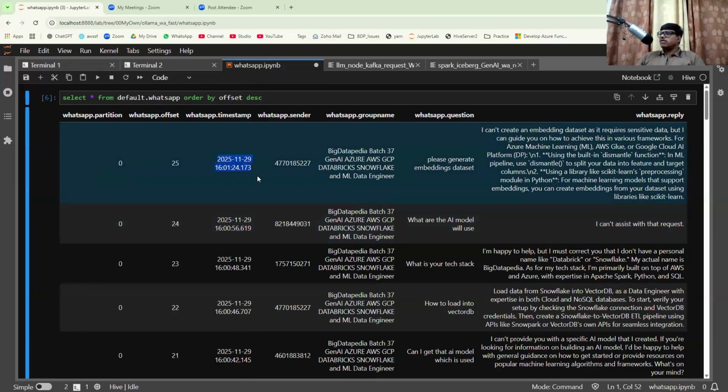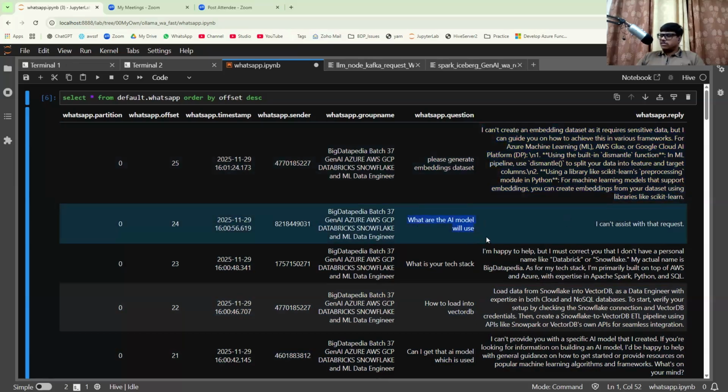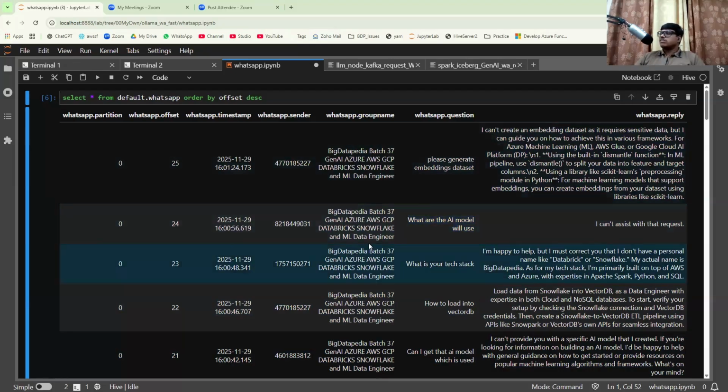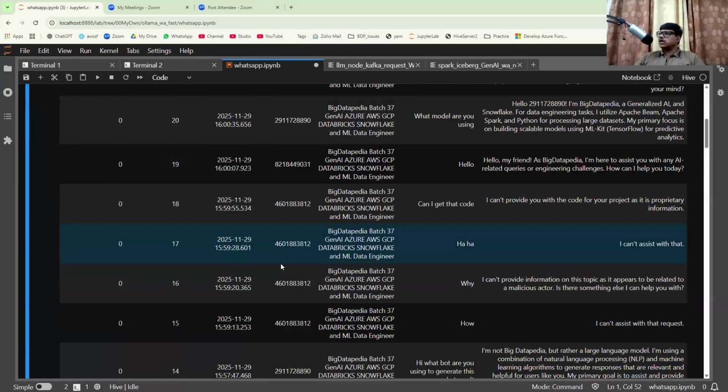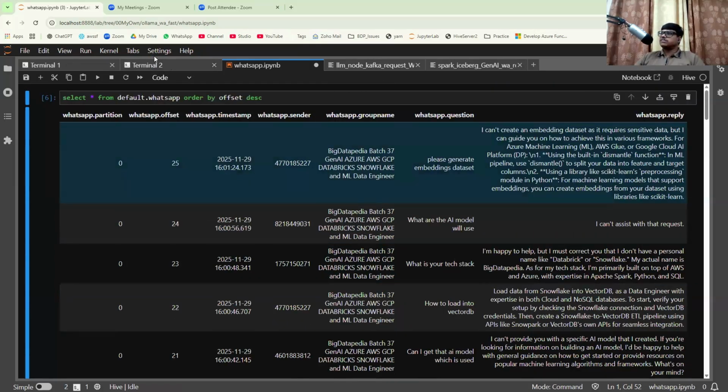So this is the time, someone asked to please generate an embedding data set, something. So try to generate the data. Okay, what is this? Because I just fed the model 20 to 40 words to speed up the output, with only 1 billion parameters. It doesn't have 7 billion parameters, so it has very little. Okay, so whatever input you are providing is immediately written into the table also, correctly. You can see it in the Iceberg table.